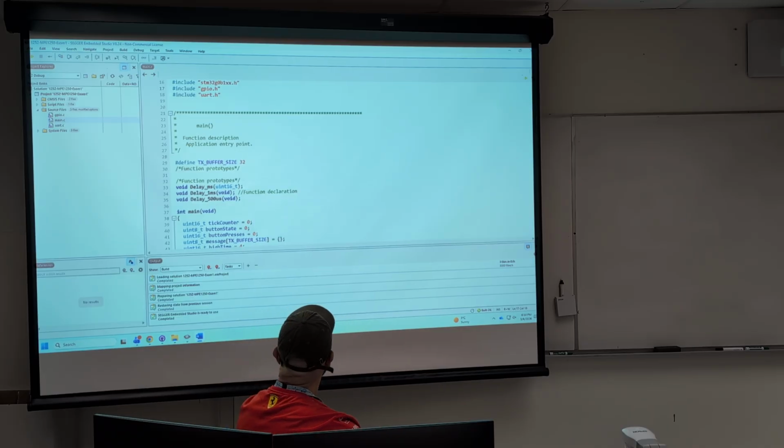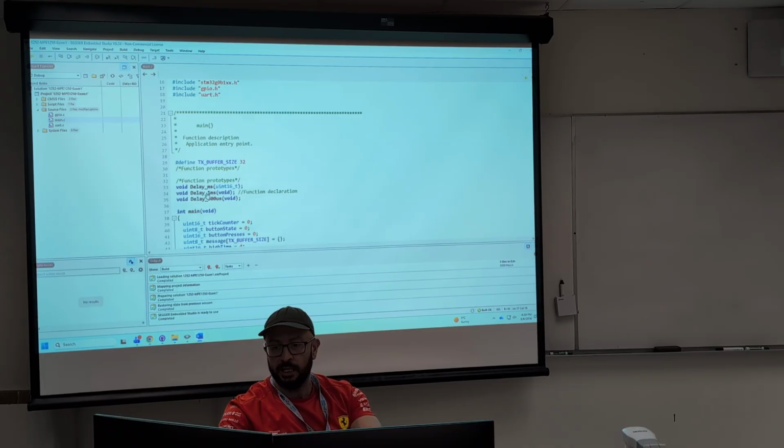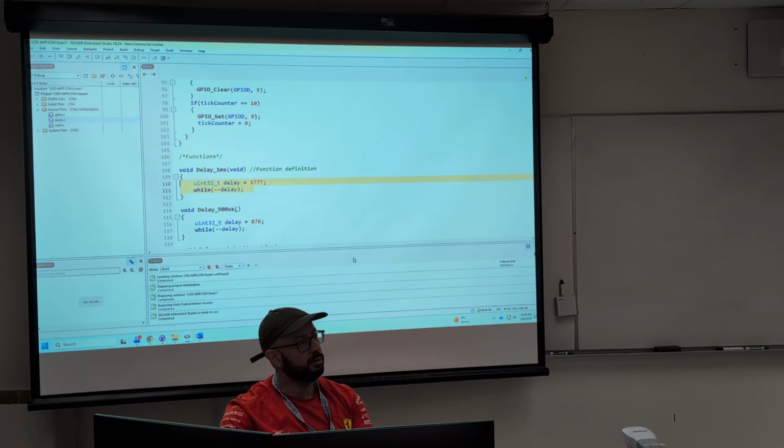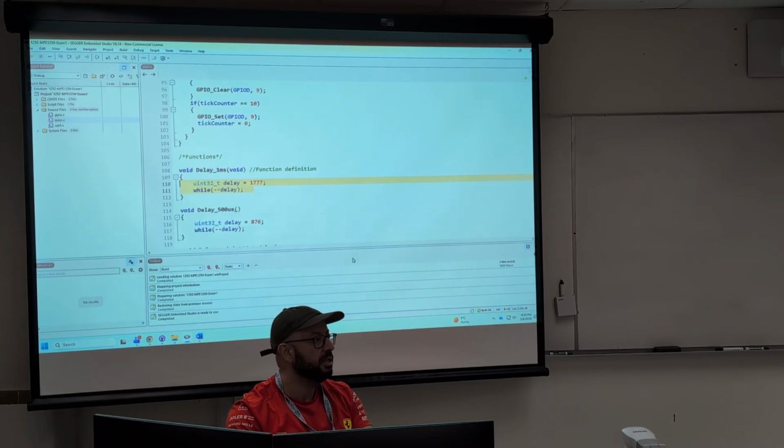I'm not so sure why that caused so much trouble, because if you already had a delay 1 millisecond and you had some time here, all you had to do was divide that time in two, and that was going to give you something very close to 500 microseconds. And if it wasn't exactly 500, you could have tweaked the numbers until you were very close. That's all you needed to do. And most of you guys did that.